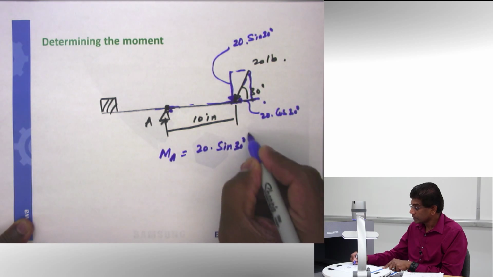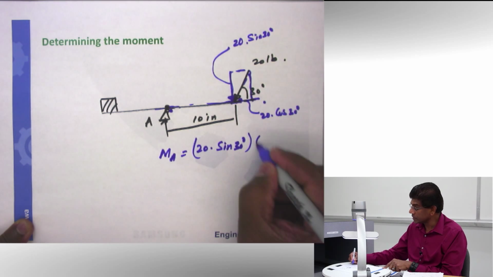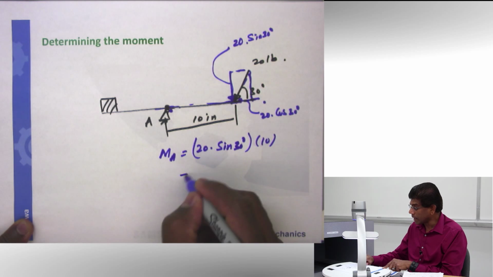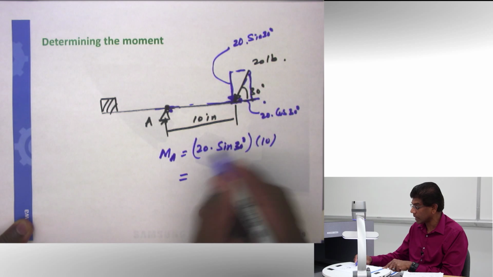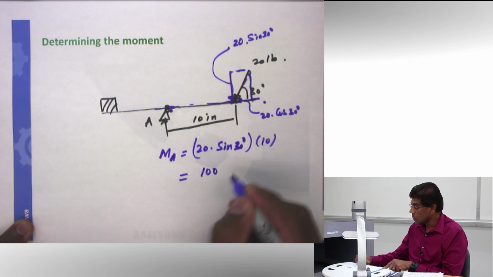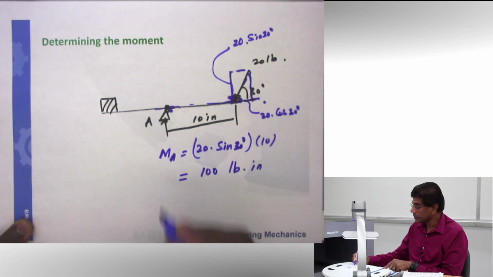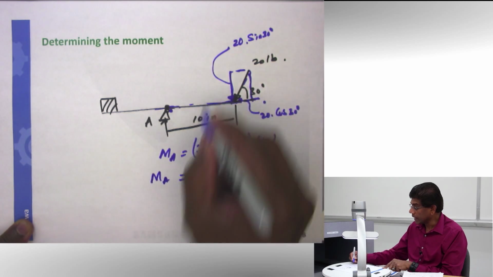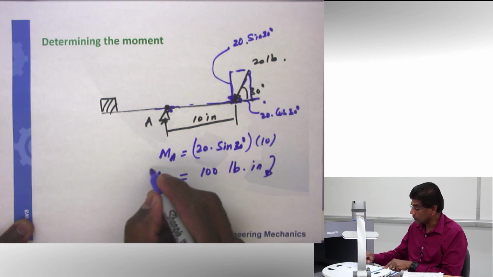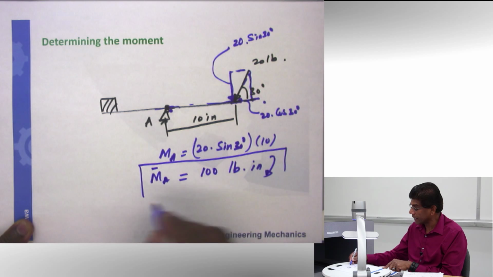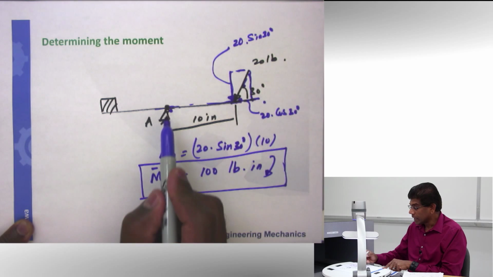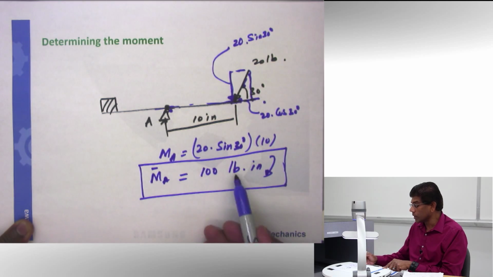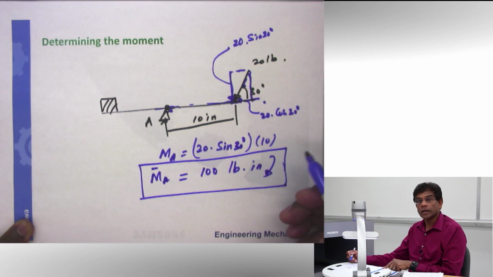times this distance 10. So the magnitude of this moment is going to be equal to, sine 30 is equal to 1/2, so 20 times 1/2 is 10, 10 times 10 is 100 pound-inches. And again, this is rotating clockwise. So that's your final answer. Moment of this 20 pounds force about point A is equal to 100 pound-inch, and it is in the clockwise